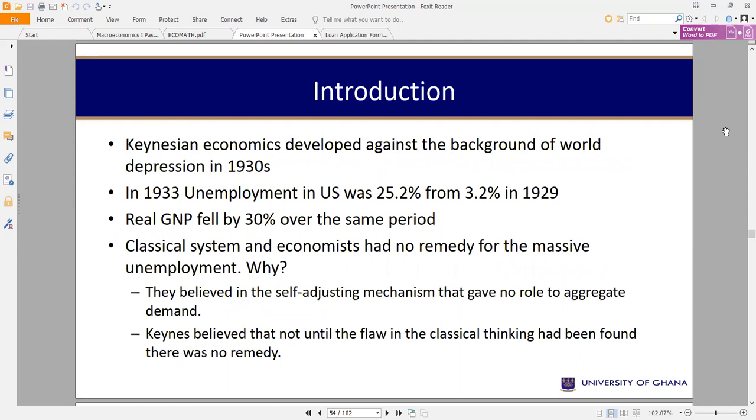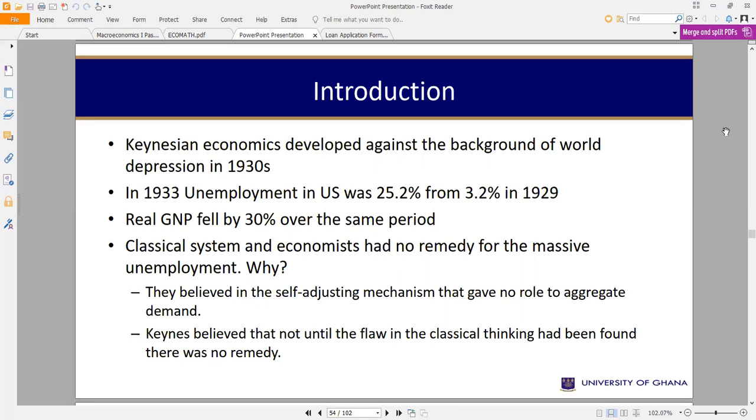Now, before Keynesian economics, the economic belief was that the government shouldn't intervene in the affairs of the economy, and they believed in the self-adjusting nature of the economy. That is why they believed that whenever there's a certain percentage increase in price, the nominal or money wage will also increase by the same percentage, and as a result, the economy will come back to equilibrium. But Keynes had a different thought. According to him, it is not always like that,